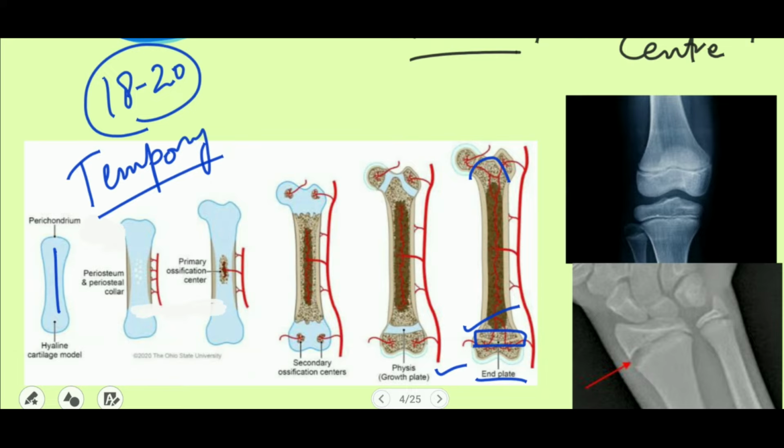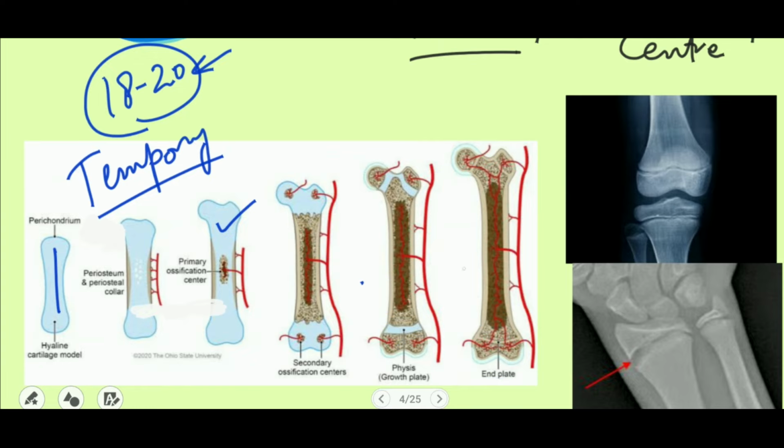So what is the function of the growth plate? The function of the growth plate is, as the name says, growth. The growth in the length of the bones is through the growth plate. Here we have got bone, here we have got bone. Bone has been formed from the cartilage. The function of the growth plate is that it persists 18 to 20 years and it adds up the bone tissue till 18 to 20 years.